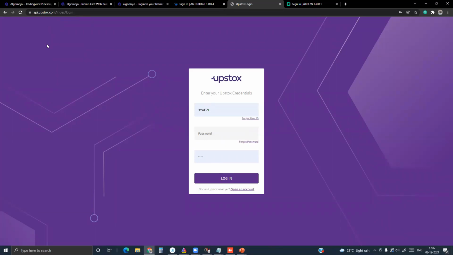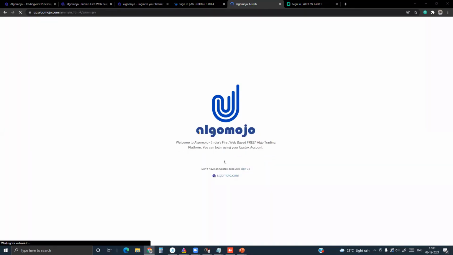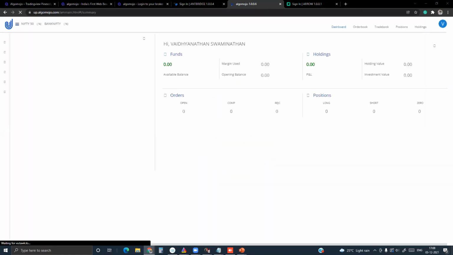I'm going to show you how you can connect with some of the brokers. I'm going to connect with Upstox here. I'm just entering the credentials of Upstox. Likewise, I'm also going to enter the credentials of Alice Blue so that I'll be able to access the trading platform.